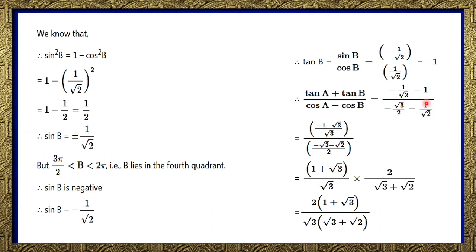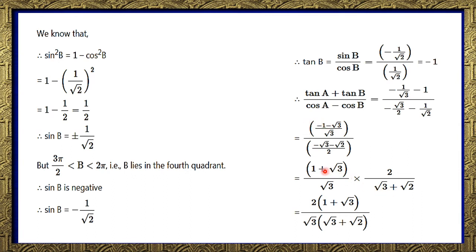Root 2 is obtained here by multiplying the numerator and denominator by root 2 to make the denominator common, that is 2. That is minus root 3 minus root 2 upon 2. Now in the denominator there is again a quotient form, so we will multiply the reciprocal of that fraction, that is 2 upon root 3 plus root 2. And here root 3 plus root 2 is obtained by taking minus outside from this denominator, as well as negative 1 is taken outside from the numerator also and cancelled.